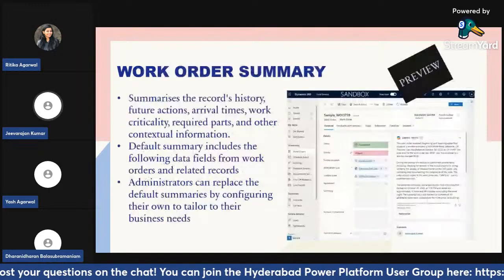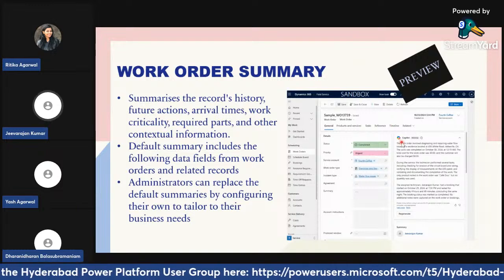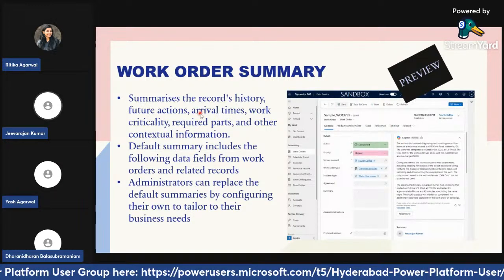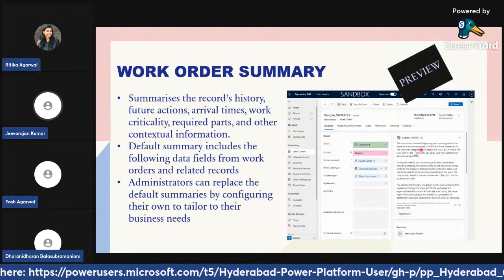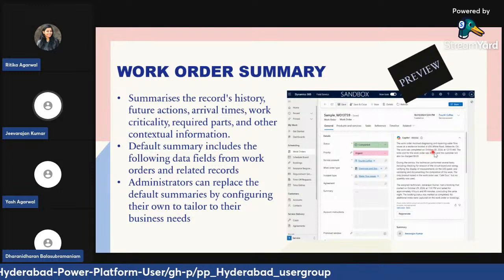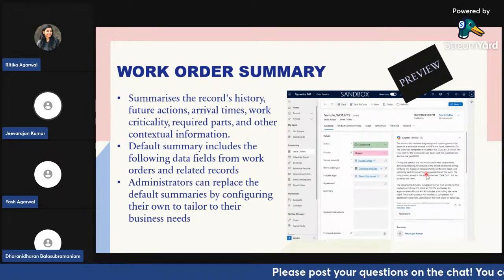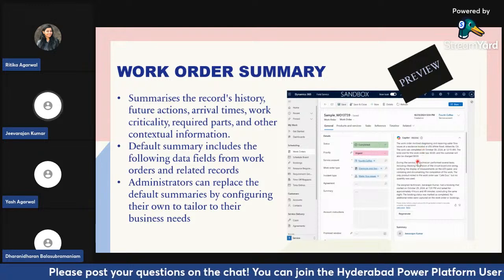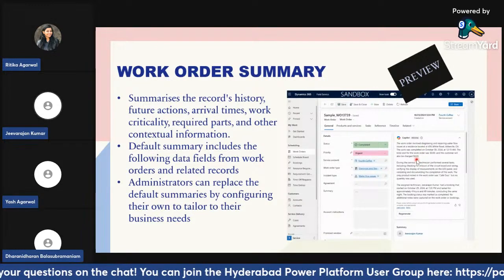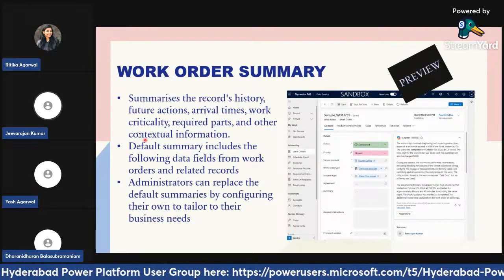And if you see how they're doing it, first thing is the work order summary. It's similar to the case summary we just saw. It's still a preview feature, but you can see that it summarizes the record history. If someone asks about the work order, you can see the work order basically. The summary gives you a snapshot about what the work order is all about, what product they're going to use, who's the technician assigned, what time they have been planned to book, and how much travel time it is. All those things will be given for someone like a technician, dispatcher or manager to get that 360 view from just one snapshot.